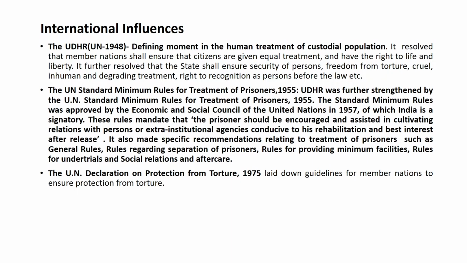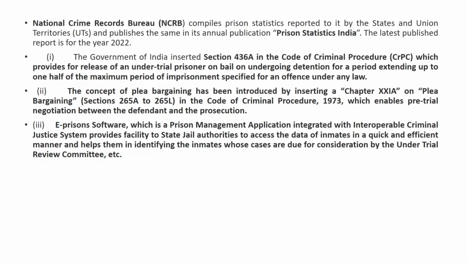After that, in the year 1975, there was the UN Declaration on Protection from Torture. This declaration is also important because it lays down that there cannot be any torture on the custodial population, including the prisoners who are being imprisoned in prison. Now, at the national level,